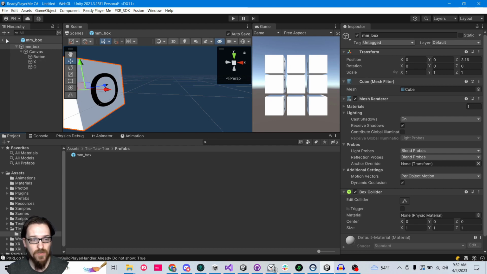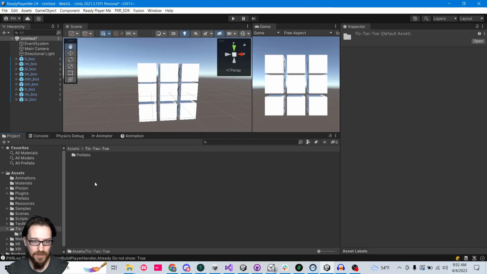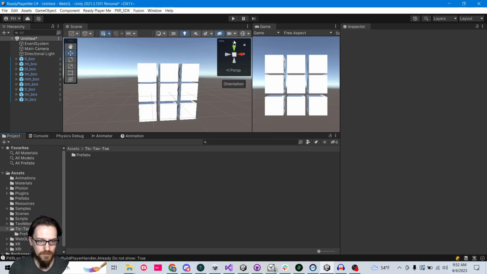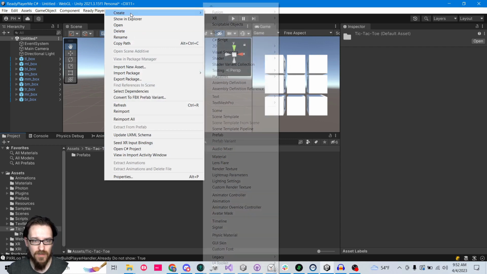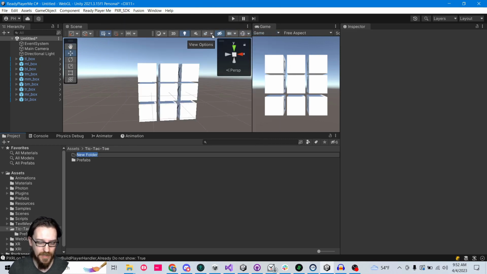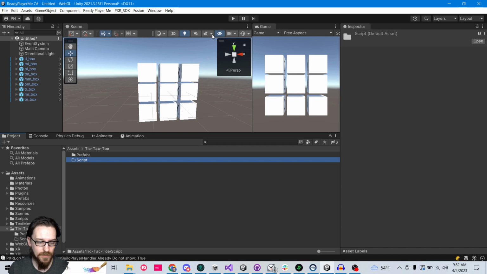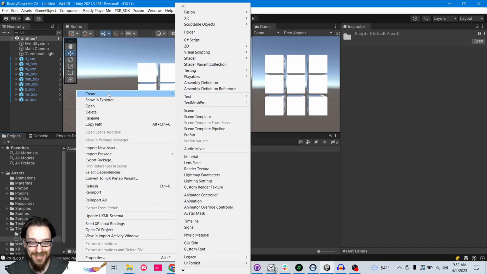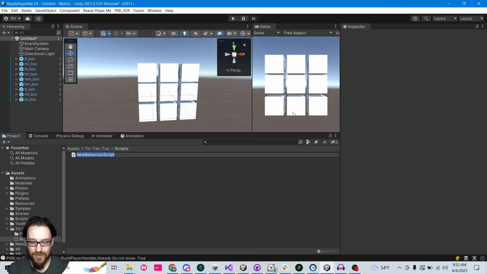that is going to rotate when the button is clicked. So let's create a scripts folder. Y'all saw that, right? It happens to me all the time where I swear I click folder, nothing happens. All right. Scripts. All right, let's go into the scripts folder, and we're going to create a C# script,